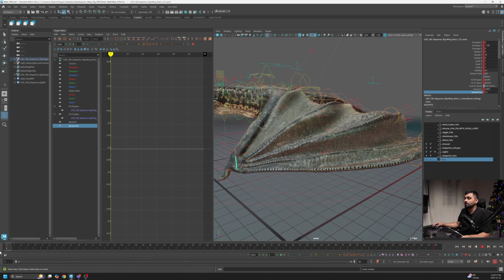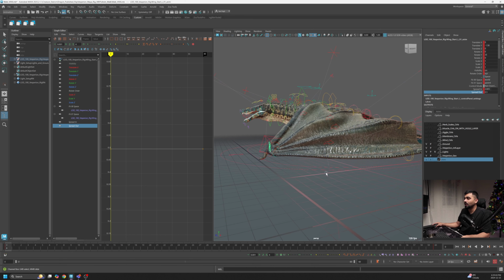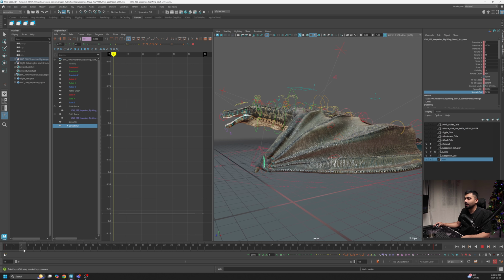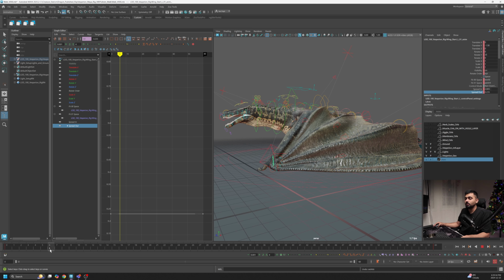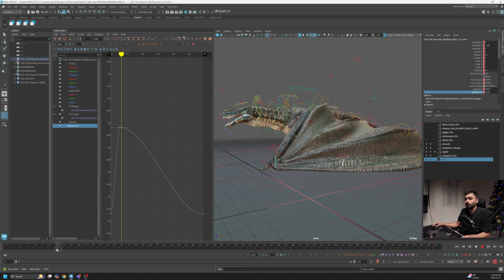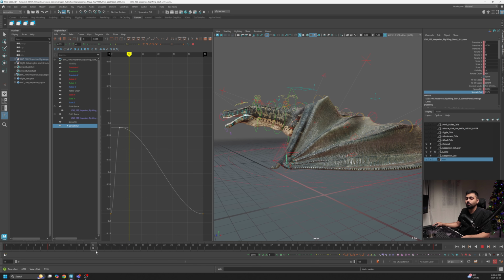So now as soon as the wing is falling down, maybe I'm going to start with the wing slightly higher here. I'm going to raise the wing slightly higher, and that means we have to raise this entire curve. So I'm going to quickly press Ctrl Z. So now slightly higher. So now as the wing is falling down till frame 6, I'm going to let this wing keep going down like this. So now it's going to fall down, and then it's going to come back up right away from 6 to 12. It's going to come back up,